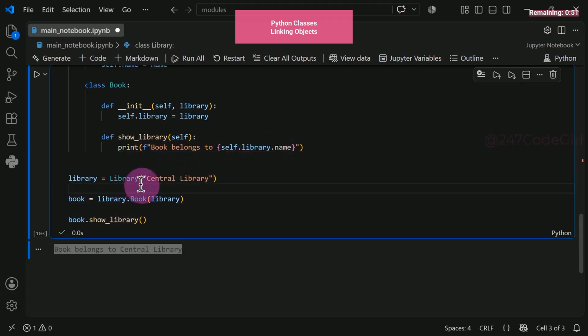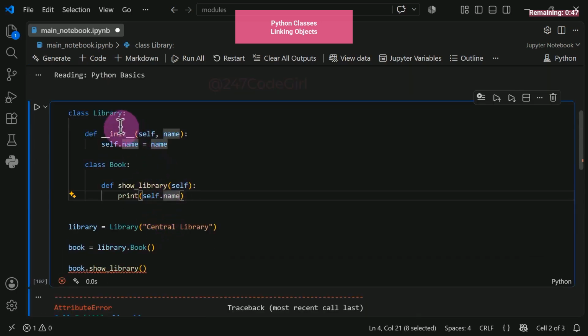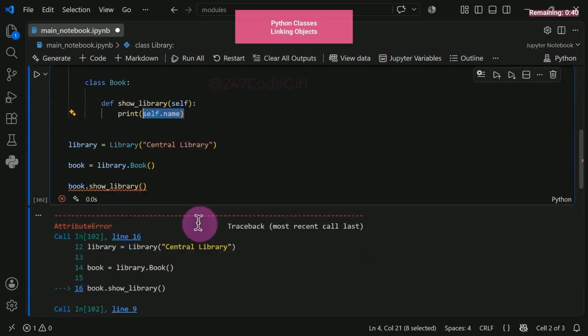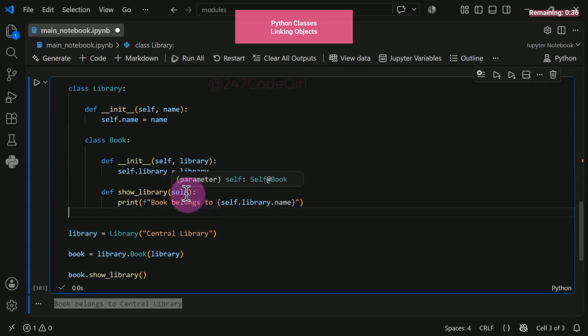Hope that makes sense. By default, just because book is nested inside library does not mean it can automatically access library's attributes or properties. That assumption is wrong. You must explicitly pass the outer object in if you need access to it. The main benefit of inner classes here is grouping related things together.